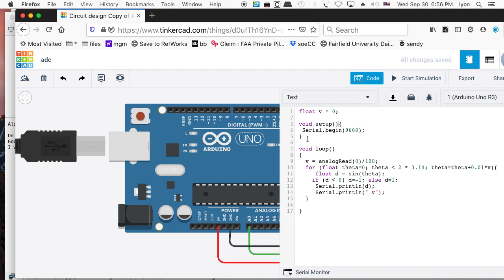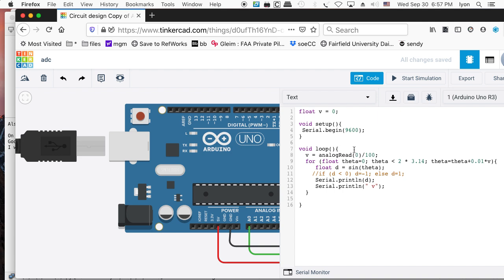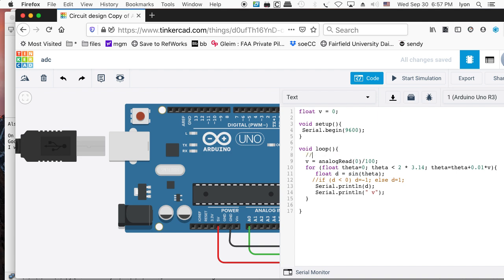We use a serial output, and I'll just comment some stuff out here. We're able to input from the analog to digital converter input 0 using analogRead. If you look at it, it says A0, so that's what analogRead of 0 does. That gives me a value which is going to range from 0 to 1023. And I'm going to divide that by 100,